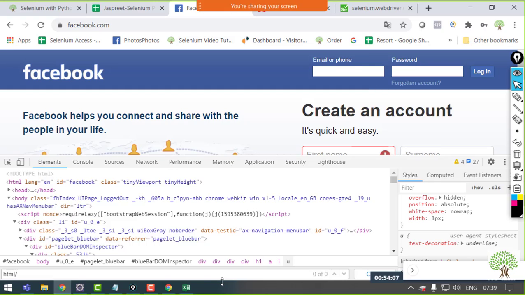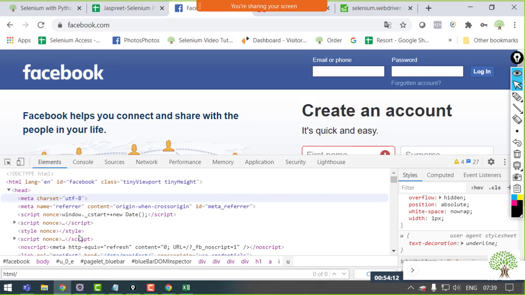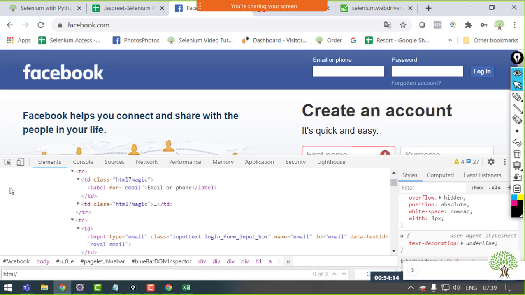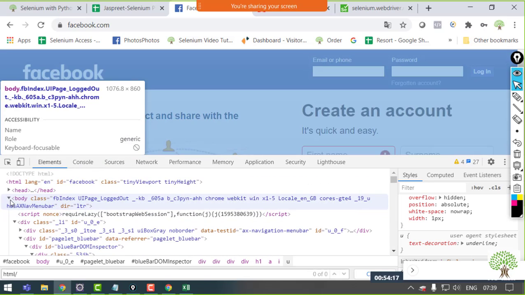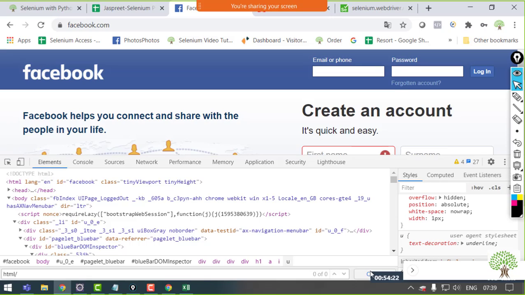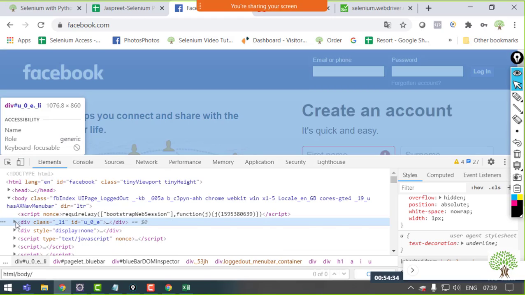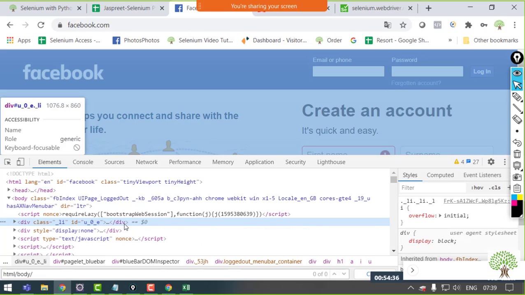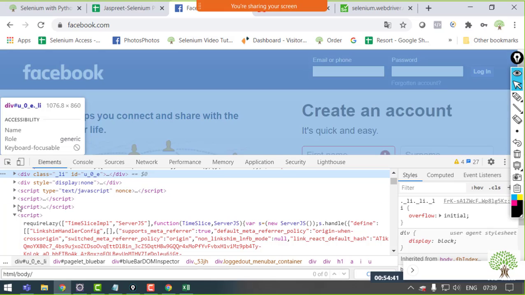Now my Facebook text is inside the body tag. There is a head tag as well, but inside the head tag there are different components, so I won't go into the head tag. That's not what I want to do. I just want to go inside the body tag. So I'll say slash body. Then moving further, there is a script tag. There are parallel tags. When I talk about parallel tags, whichever tags are at the same level and come like this at the same level, they are parallel tags.